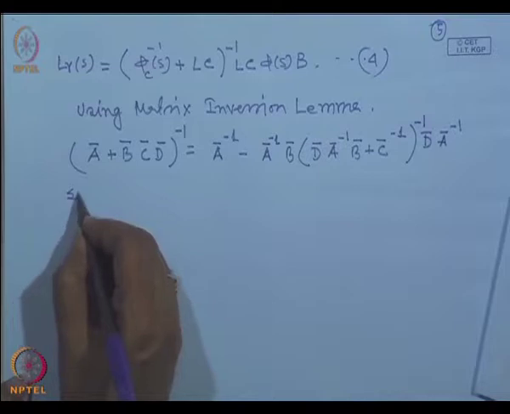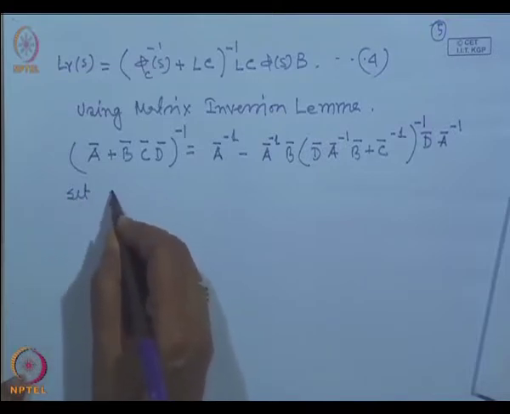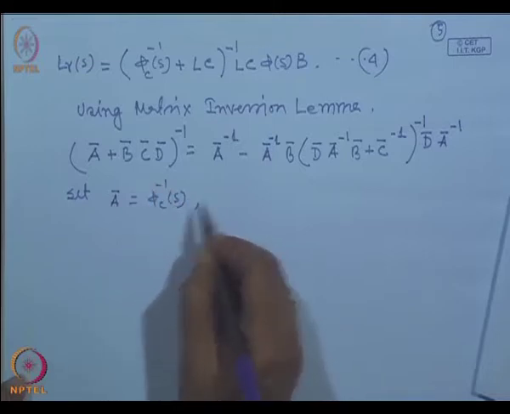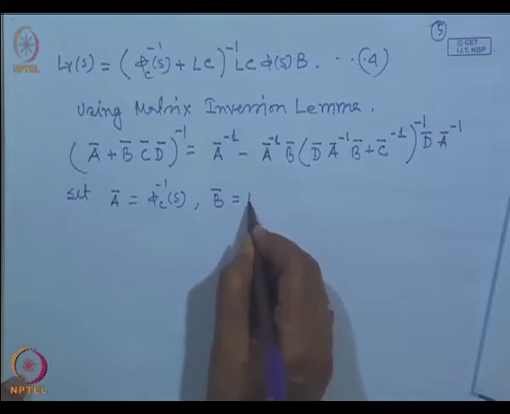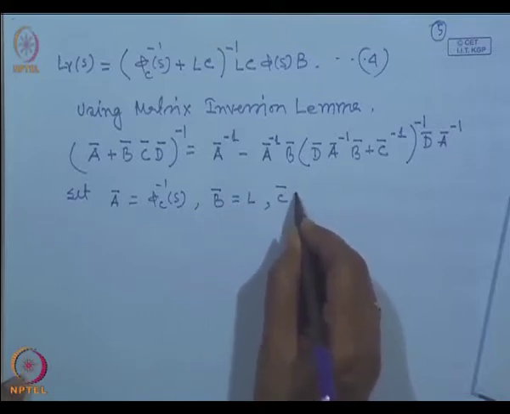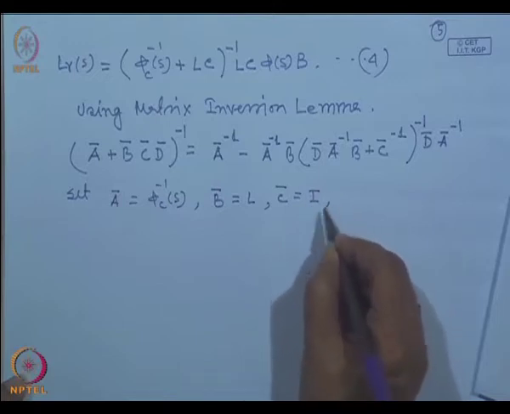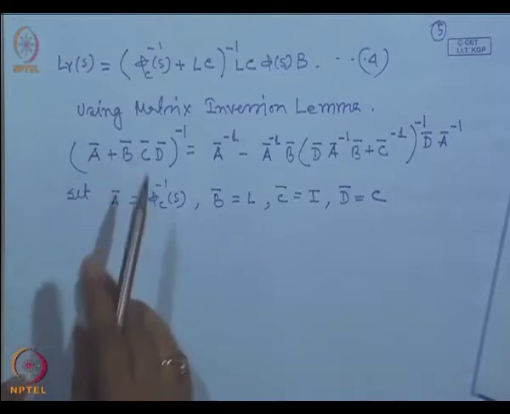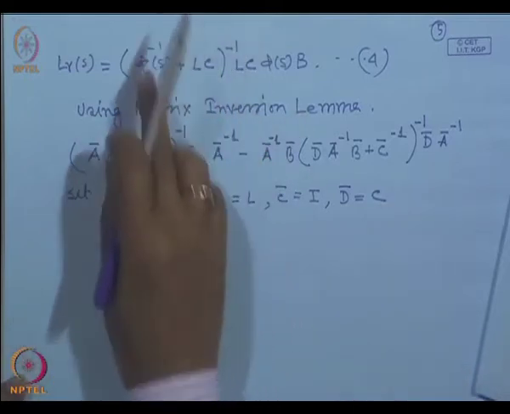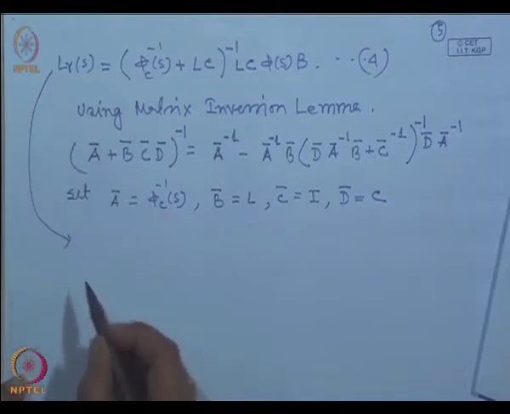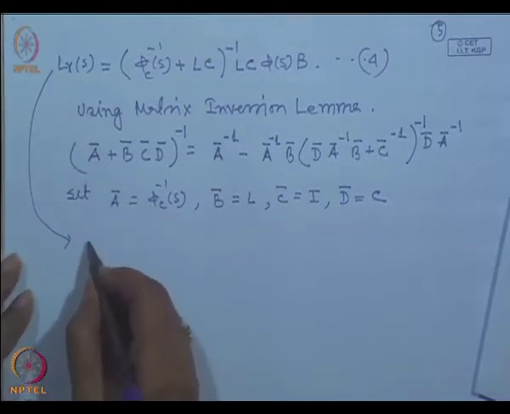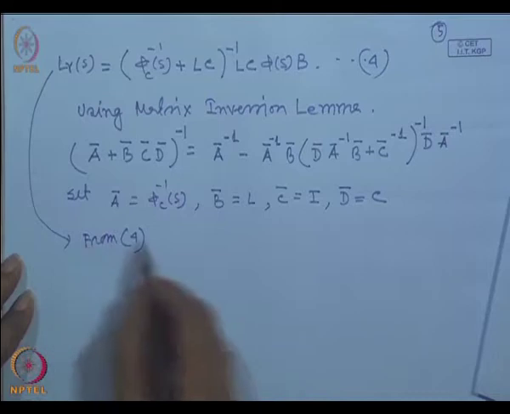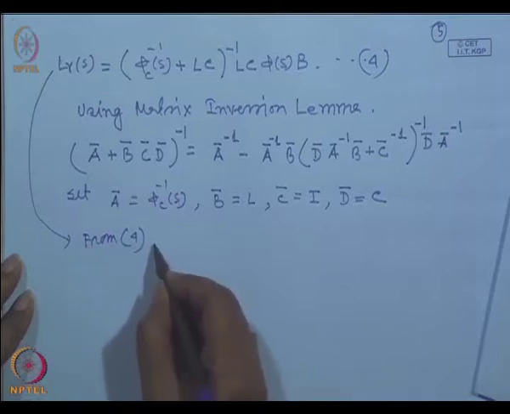For that we set A bar equal to phi C inverse of S, B bar equal to L, C bar equal to the identity matrix, and D bar equal to C. So, I will use this lemma in this inversion, using the above lemma in equation 4 we get